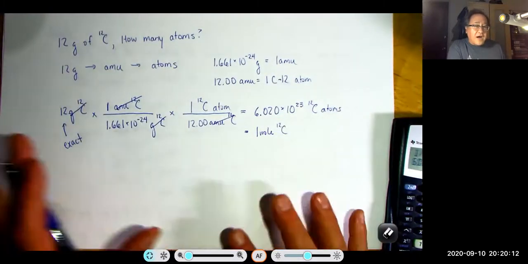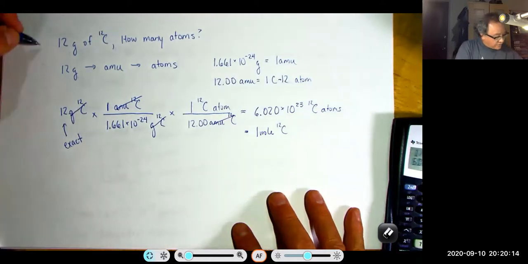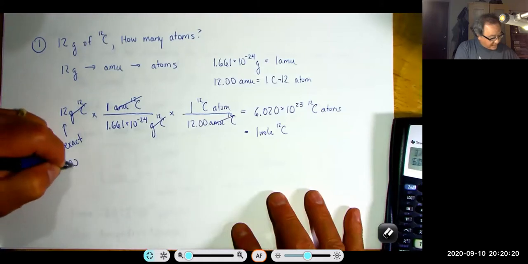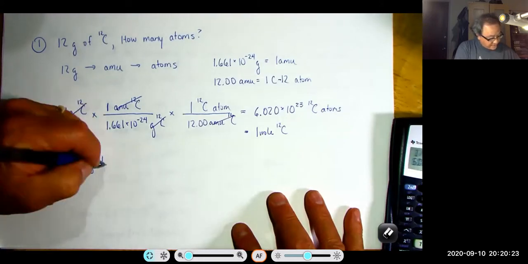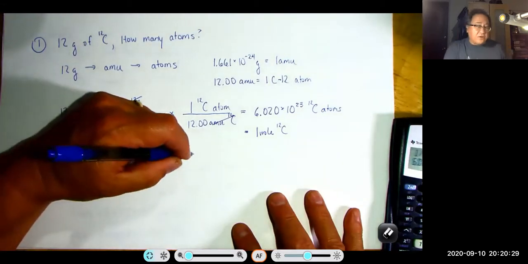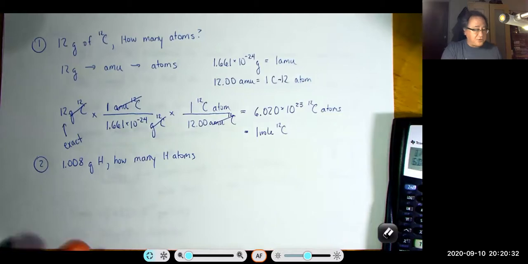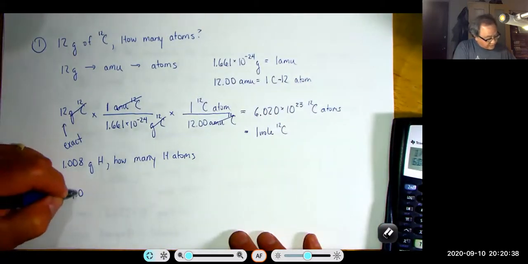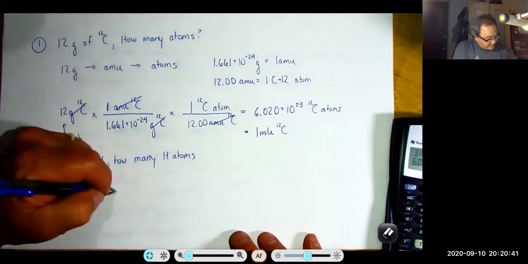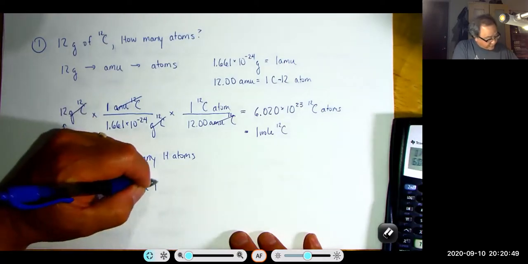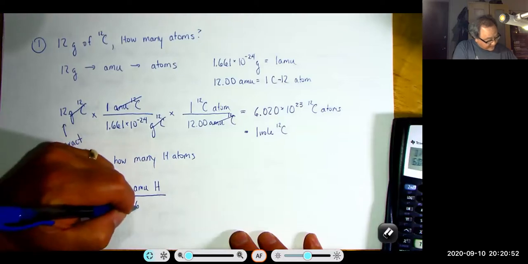We could do the same thing for hydrogen. So if we take a look at another question, imagine we have 1.008 grams of hydrogen. How many hydrogen atoms? And here we're not looking at a specific isotope, we're just looking at general hydrogen atoms. We would make the same type of conversion. So we'd start off with 1.008 grams of hydrogen times 1 AMU of hydrogen per 1.661 times 10 to the minus